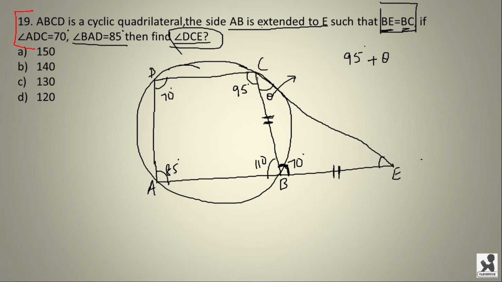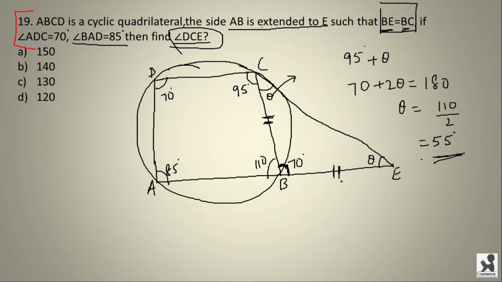Angle BEC and angle BCE both are theta. And now we can simply find the value of theta. 70 plus 2 theta is equal to 180 degrees. And now theta is equal to 110 by 2, which we get